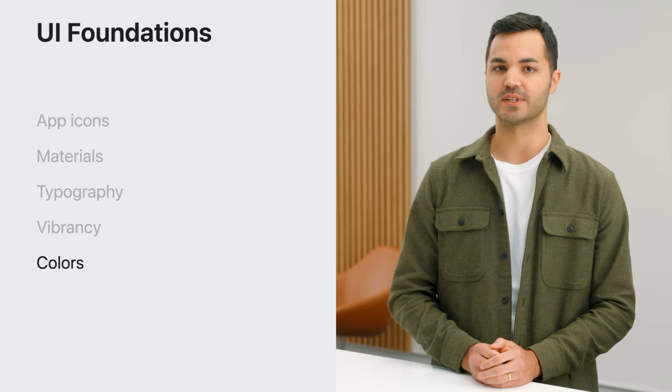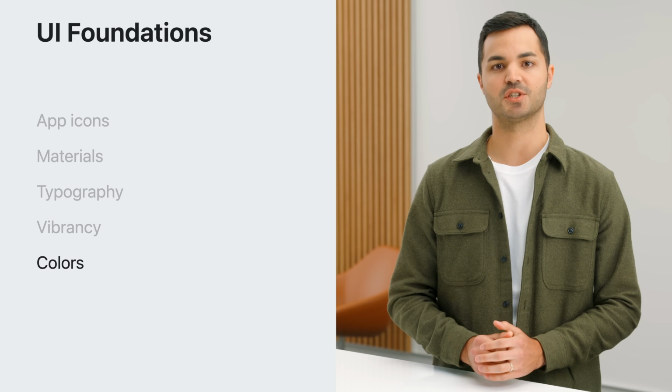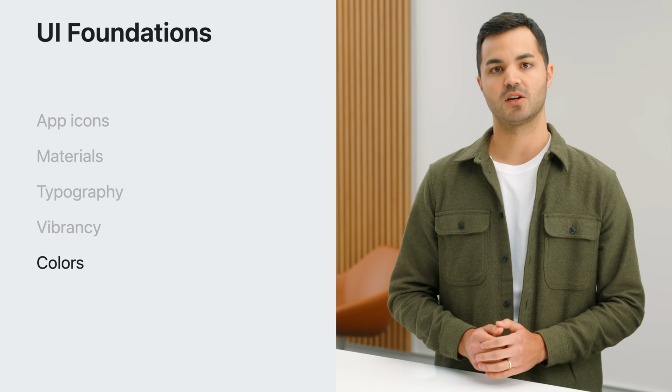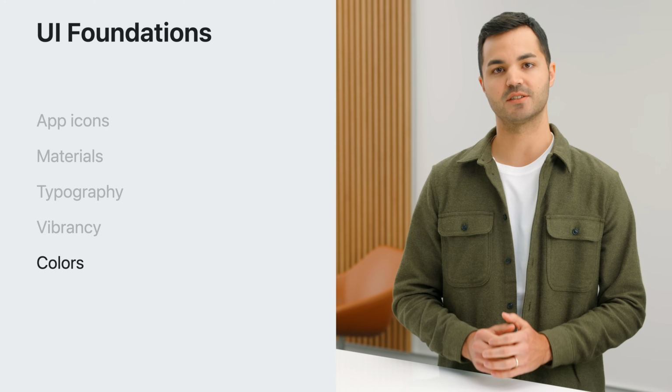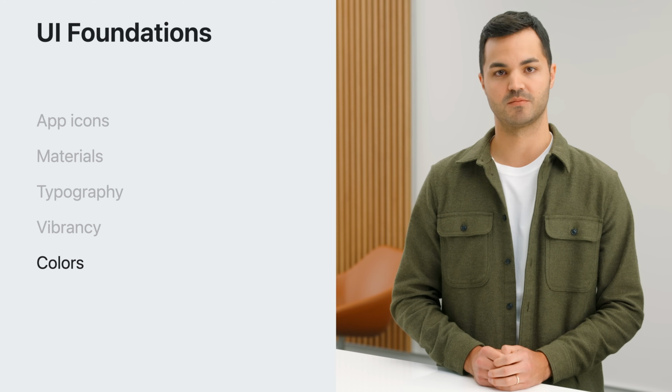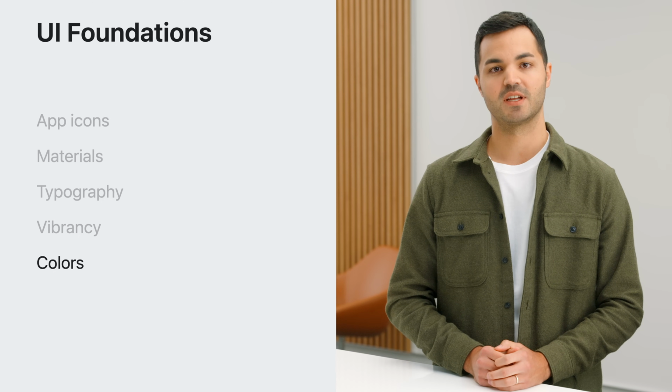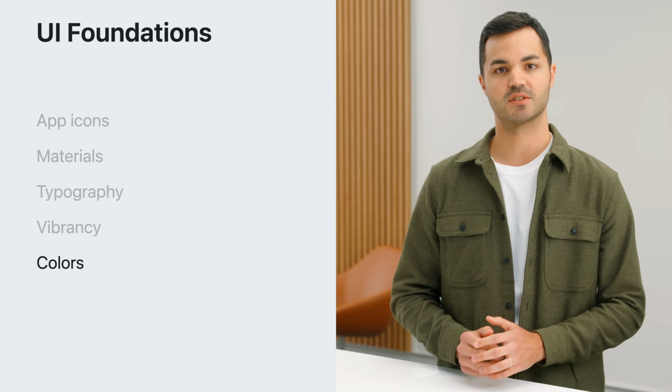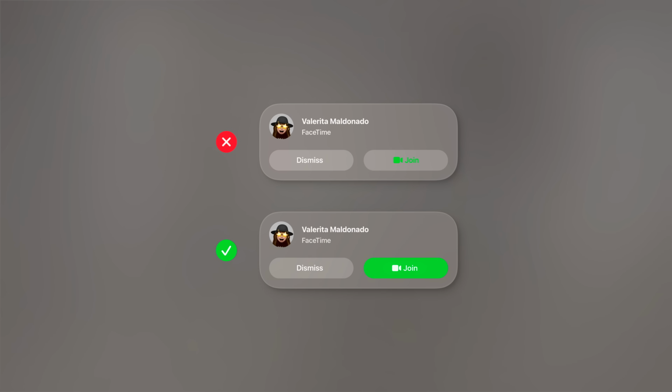You've seen the glass material can be many different colors, since it shows the color of what's behind it. Colorful elements on top of the glass might be hard to see if the color of the glass is similar. Most of the time, consider using white text or symbols so they are always clearly visible. If you need to use color, use it in a background layer or an entire button so people can see it. When possible, use system color instead of custom color, as they have been calibrated for legibility and dynamically adapt to maintain hue and contrast on the glass.